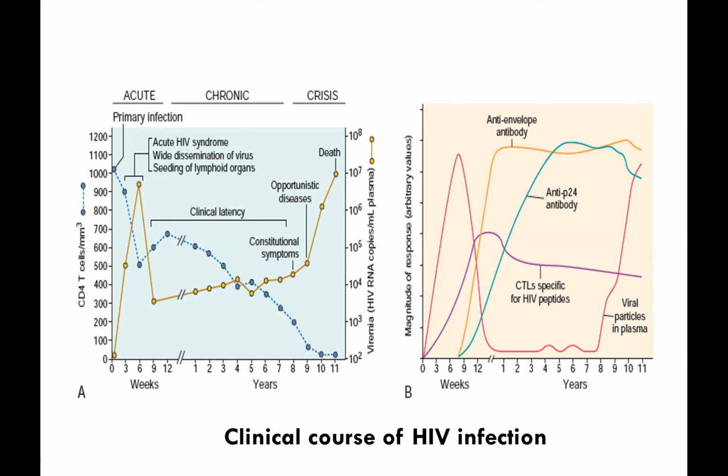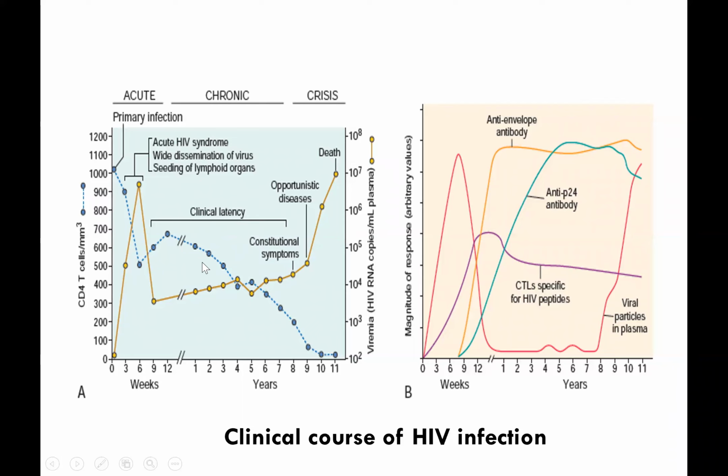So once it spreads, of course, you have here the graphical representation. This time you have the early period of primary infection. Let's take a look at that and contrast it here, which shows the different antibodies or tests that you can request to diagnose the disease. So let's take this up first.